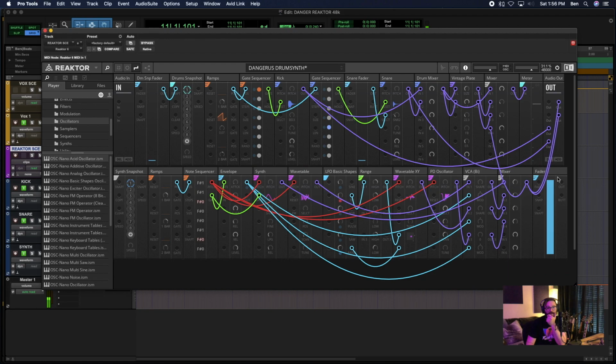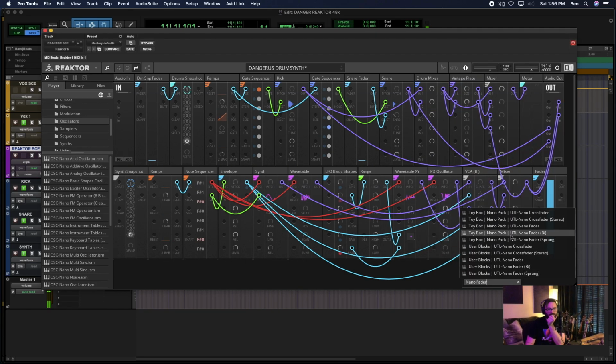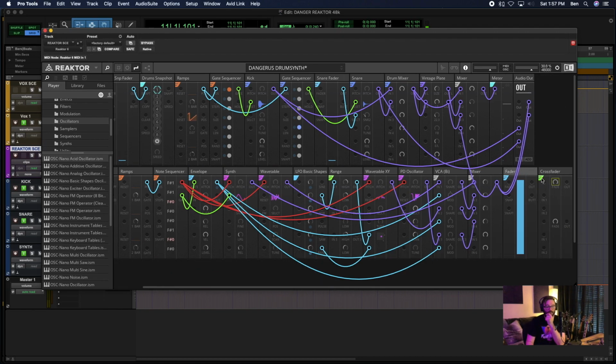Let's see. That will control the volume, but that won't necessarily fade the audio going through it. Let's see. The crossfader. We could also just grab